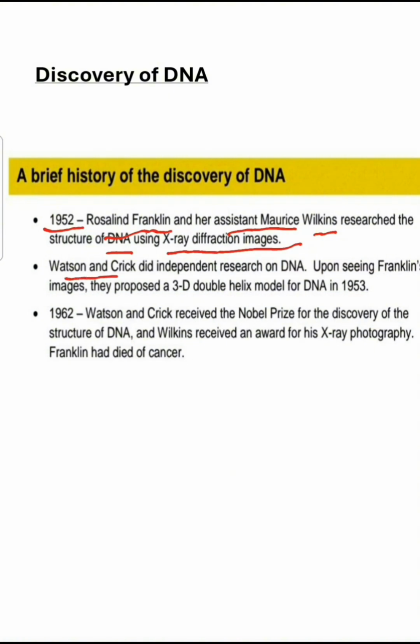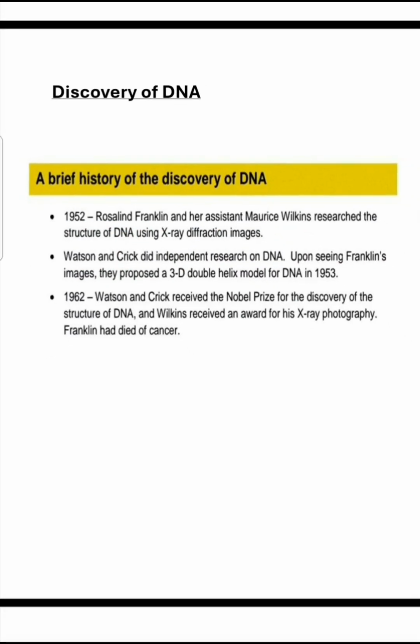Then Watson and Crick did their independent research on DNA based on Franklin's images, and with that they proposed a 3D double helix model for DNA in 1953. So based on the images and the research of Rosalind Franklin and Wilkins, they proposed a 3D double helix model